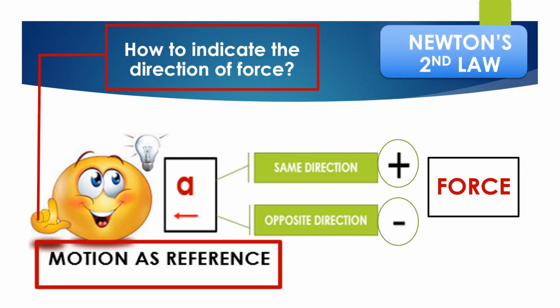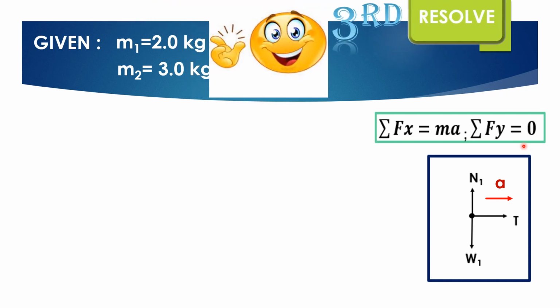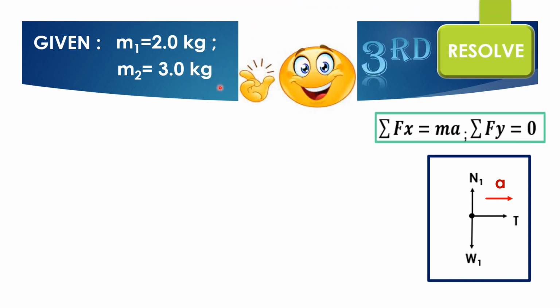Okay, before we resolve the force, we need to review again how to indicate the direction of force. Okay, so this is time to resolve. Before you resolve, make sure you write down the information given in the question. M1 is equal to 2 kg, M2 is equal to 3 kg. So according to this figure,